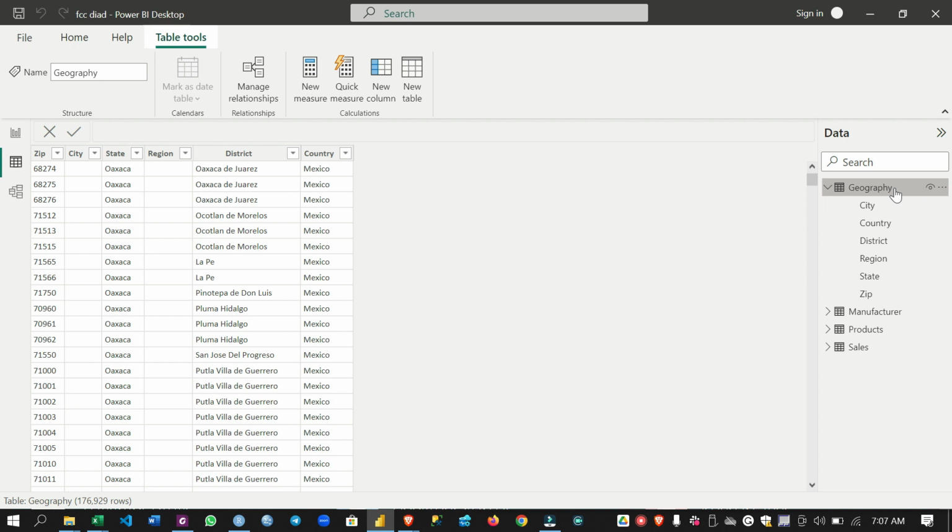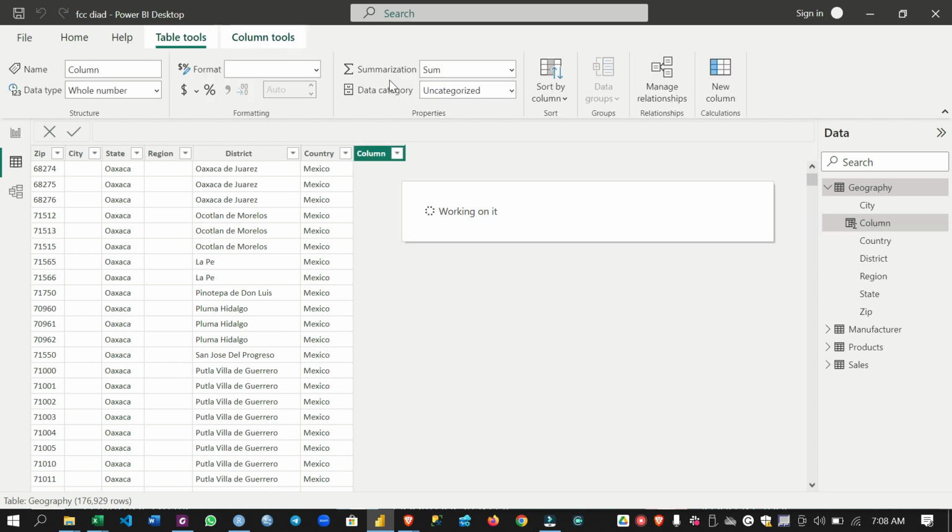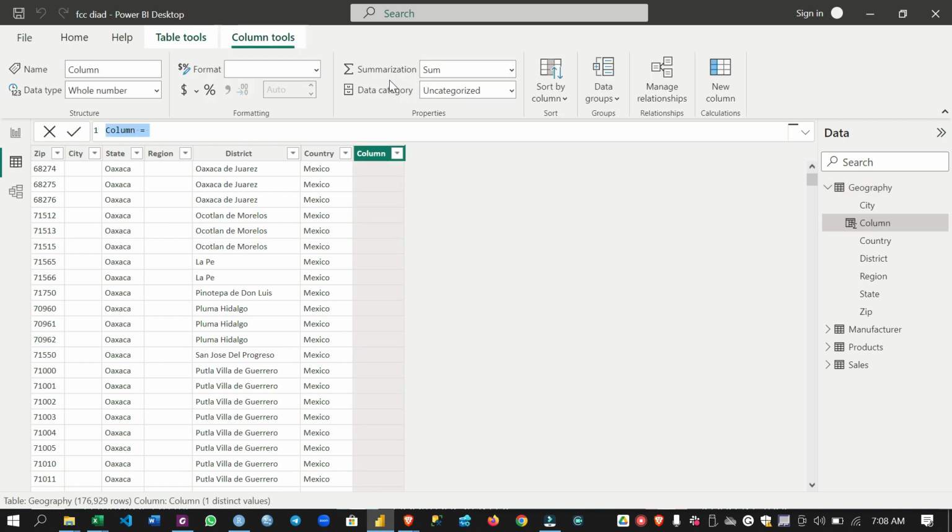So once I click on my table geography, I'm going to click on new column. You can see the option new column. This will allow me to be able to create a new column inside my geography table. So I'm going to call this zip country because I'm combining zip code and country now together, so I'll be able to differentiate countries with similar zip code. So I'm going to say zip country is equals to, then I will now say, because I want to concatenate